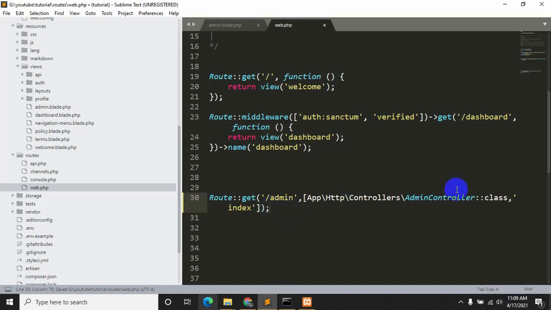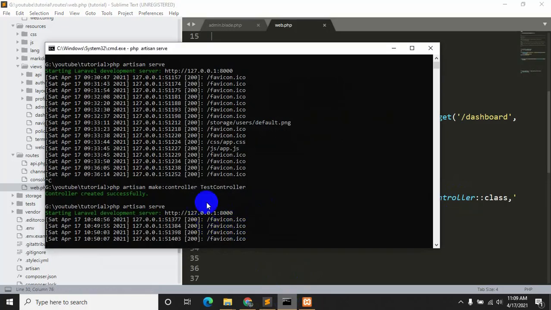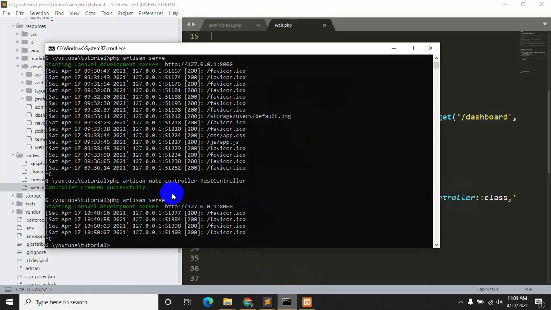Now we do not have this AdminController, so we need to create this controller. So I'm just going to stop the server over here and just say php artisan make:controller AdminController.